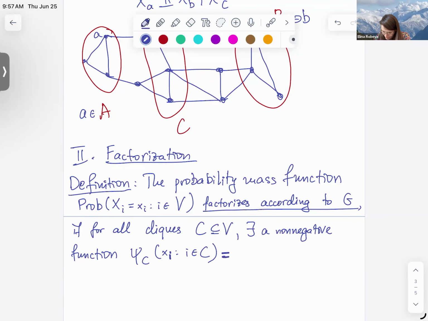Oh, what did I do? I think I made this thicker somehow. So that, sorry. So that